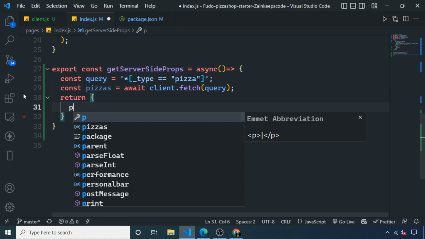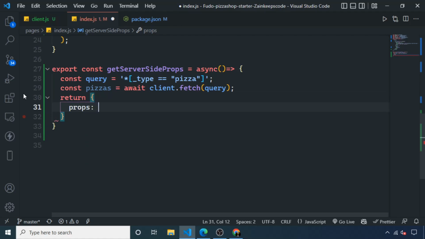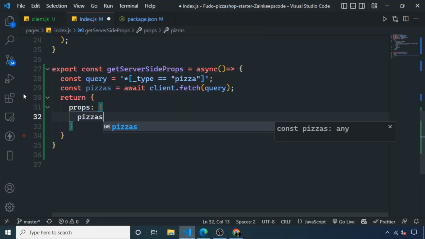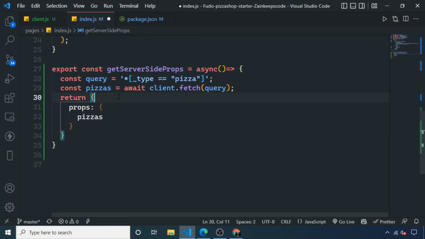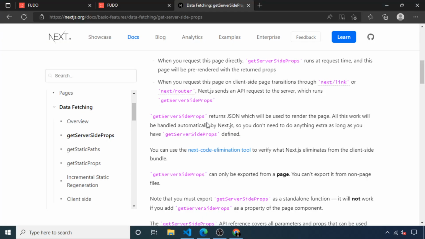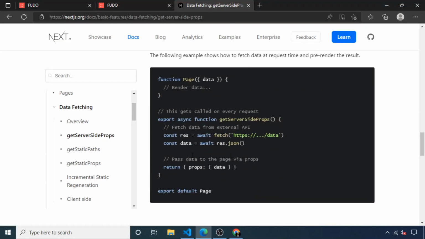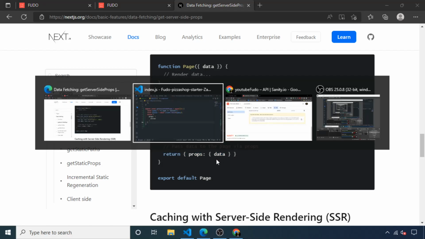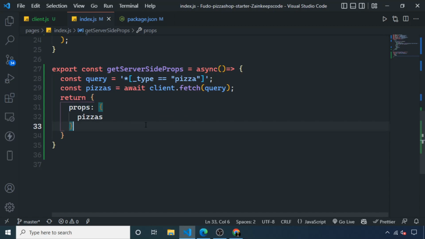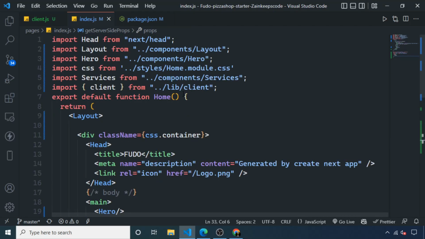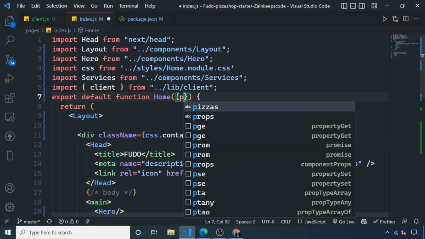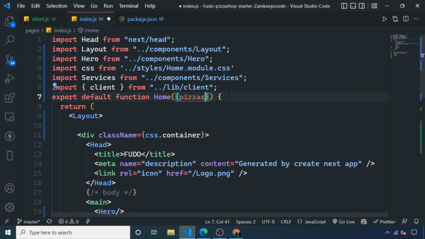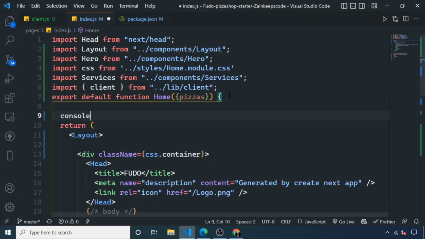So at last I am saying return props as the pizzas. This syntax is originally devised by the Next.js team, as you see in the documentation. Here you can see return props, and then you have to name your data. The similar syntax I have applied here. Okay. So in the home page I am receiving these pizzas as simply pizzas, and if I say here console